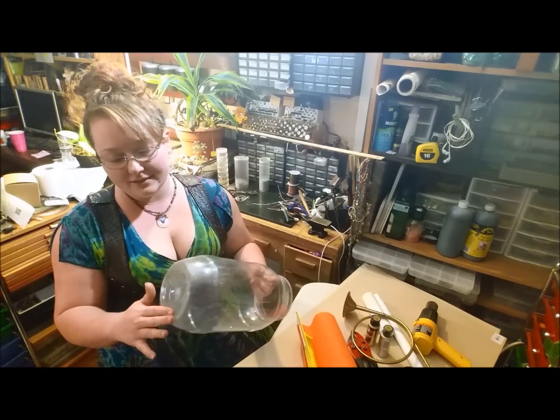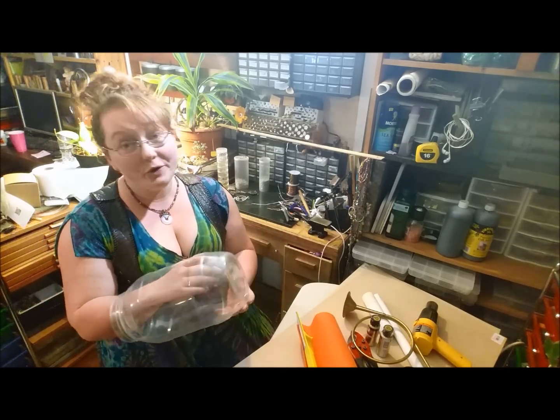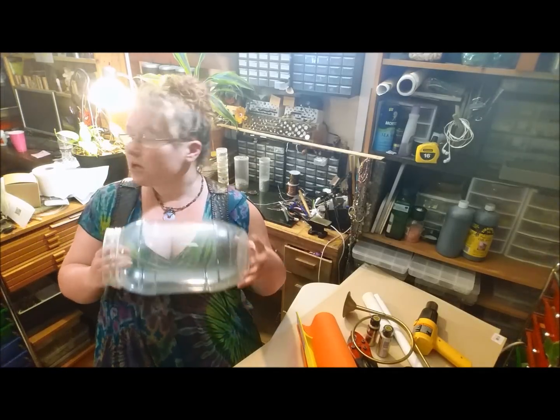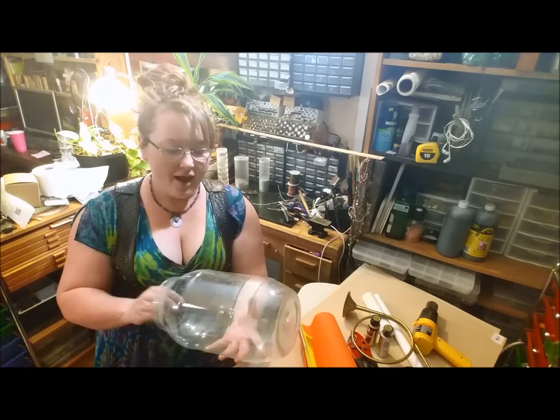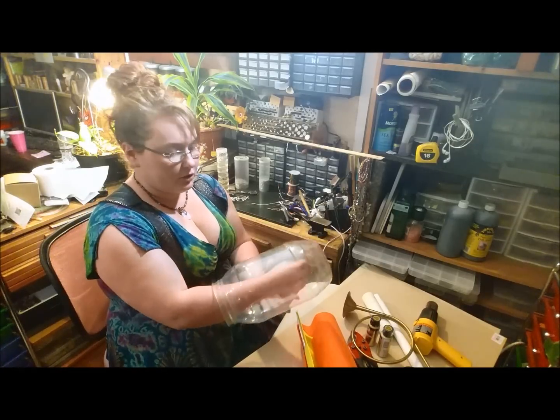I found this cheese poof jar. Hooray for being a hoarder. That's roughly the shape, ish. I just need to take some out of the center here, so I'm gonna do that. And I need to put in a hand thing, something to hold on to, because my goals